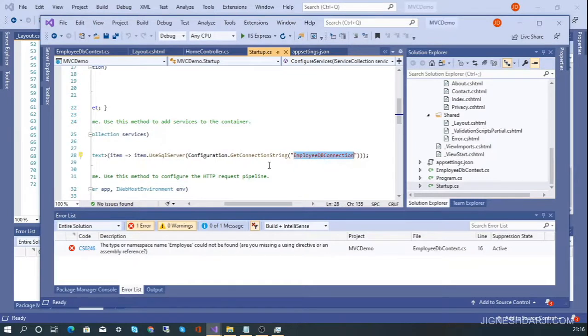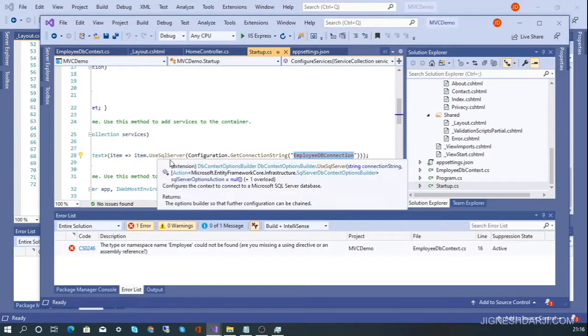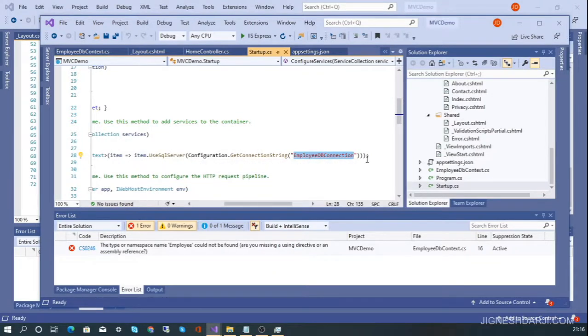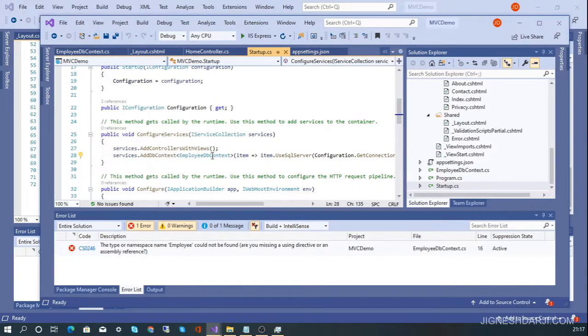Using the configuration, you can get the connection string from the appsettings.json, and using UseSqlServer you pass the connection string to create the DbContext inside the project.